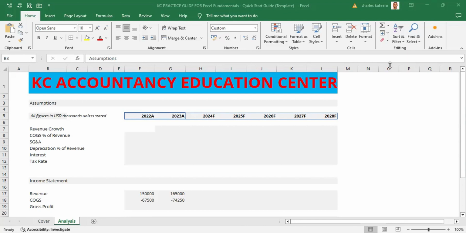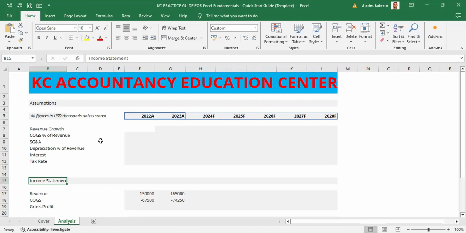So we want to look at those few things. Now, as we mentioned, we really want these headings, these ones of assumptions, income statement, and others, we really want those headings to look a bit unique. So those headings of assumptions and income statement, we really want them to stand out because we want the reader